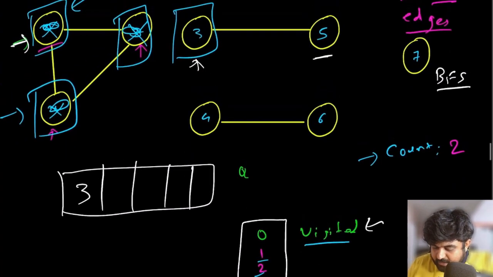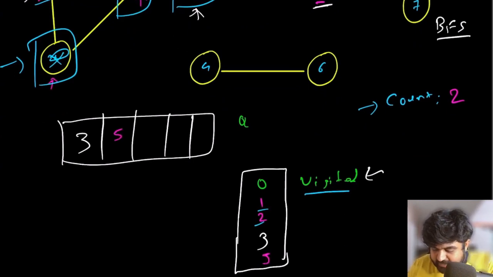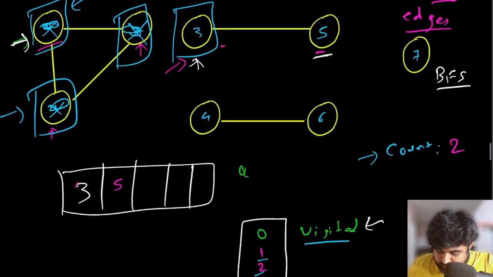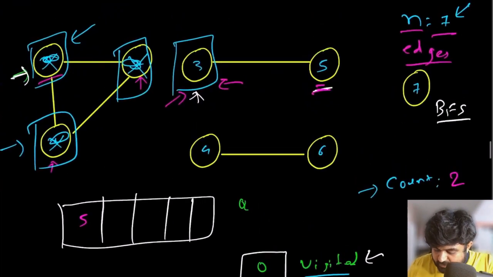Now going back, currently 3 is connected with 5. 5 has not been visited, marking 5 as visited, at the same time adding 5 inside our queue to visit further neighbors of 5. Now 3 does not have any more neighbors, which means we can dequeue 3, and then we are going to have value number 5 remaining. 5 has one neighbor, that is 3, but since 3 has already been visited, we cannot do anything with that. So we are also going to get rid of 5, and 5 has also been taken out. This means that currently we do not have any elements inside our BFS function.